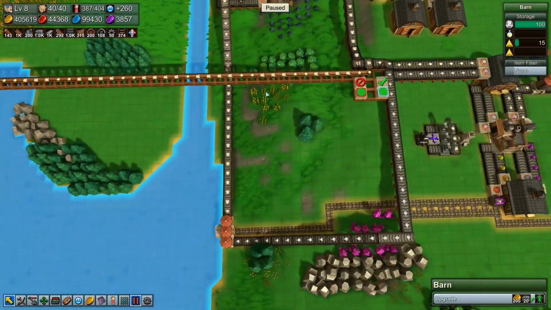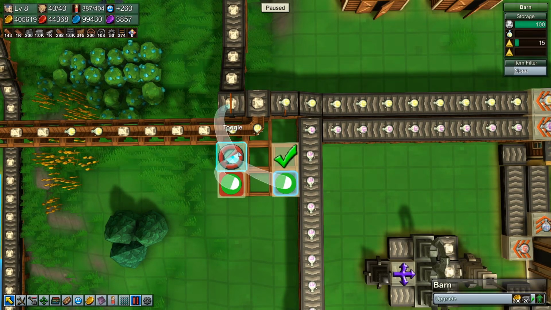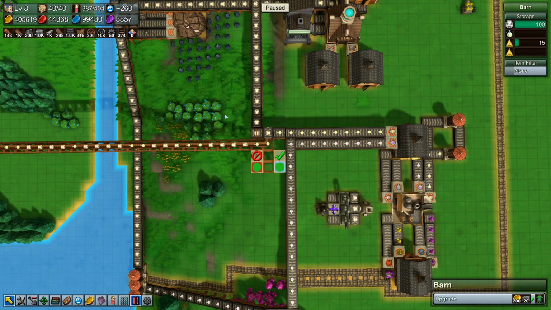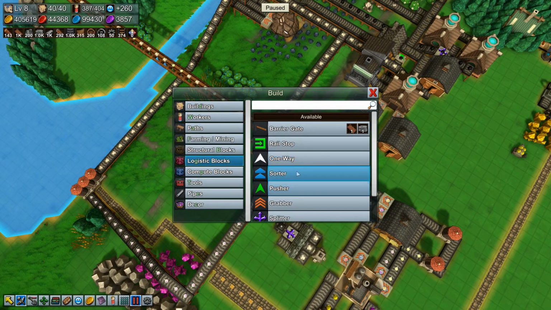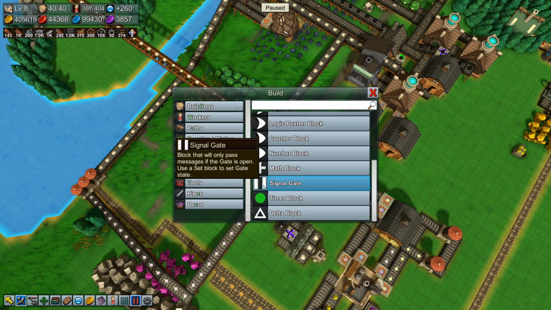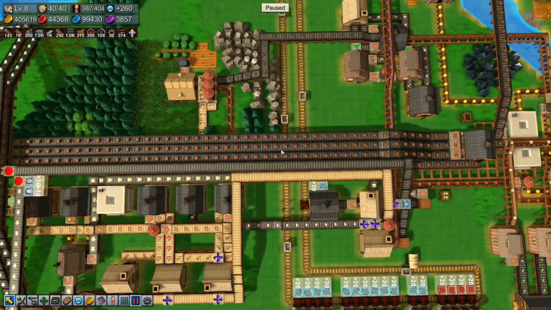And maybe we were making... there's probably ways to figure this out to not have these gates open if that barn is full. I will look into that for the next episode. If anyone knows a way to do it, I can kind of think of one off the top of my head with the block that I never use, the signal gate. But I'll have a play with that off camera because I'm not sure how to use that. But anyway, yeah, we have a problem here